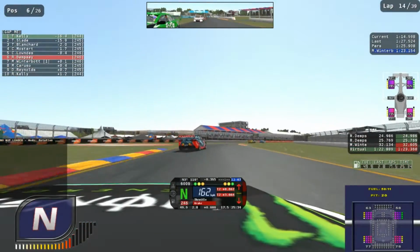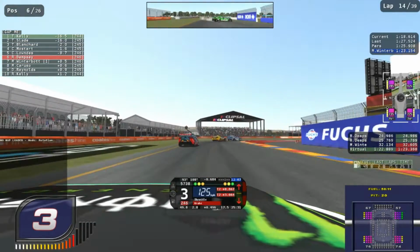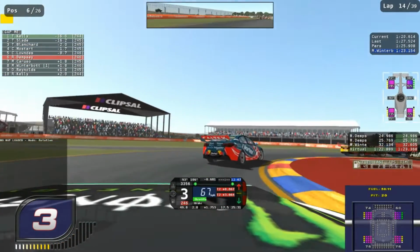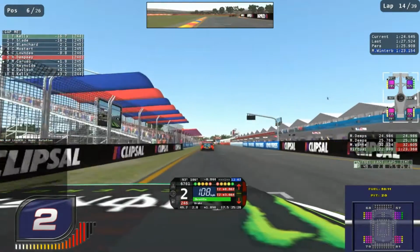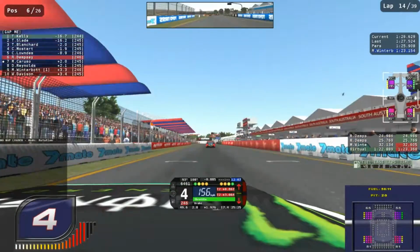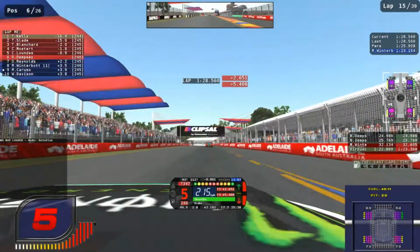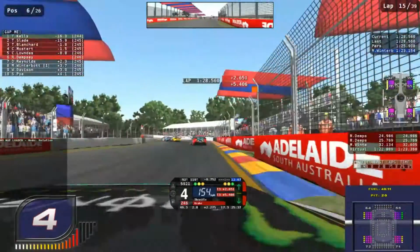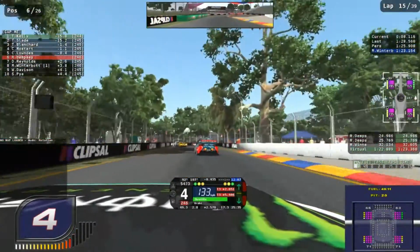I'm on the marbles. Not comfortable. Winterbottom on the outside. Winterbottom dropped it. He's dropped it in the same place I did. And that has just cost Winterbottom his position. Caruso dives in the pits. And all that hard work Winterbottom did, building a gap, pitted, has gone out of the window